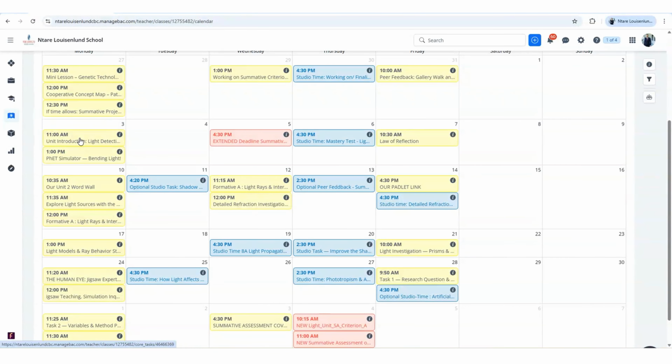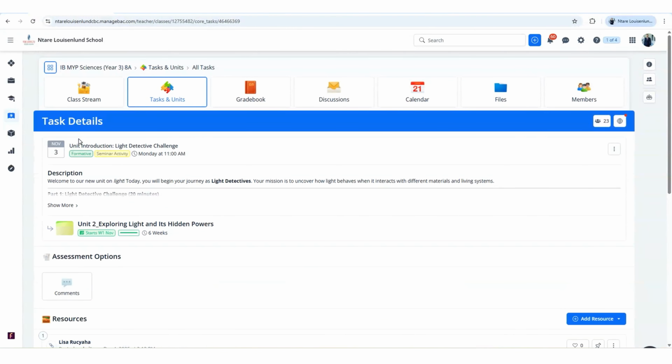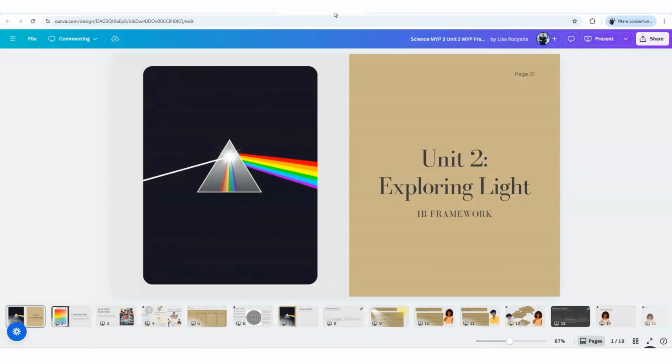Now let's have a look at the unit calendar to see how the 6 phases of our blended learning model look concretely. We always begin each learning sequence with a face-to-face unit introduction in the classroom. In this case, the teacher has chosen to break down the unit introduction into 2 phases. First of all, a hands-on activity to get the students' feet wet in a particular topic. And secondly, a slide presentation which communicates the key unit elements previously mentioned, emphasizing both unit expectations and how student